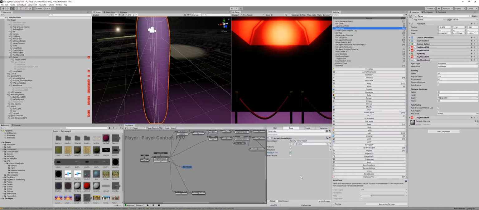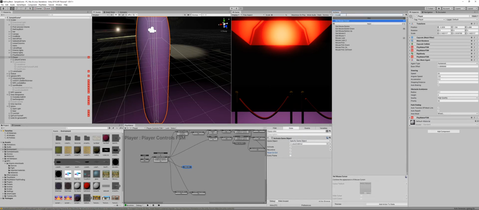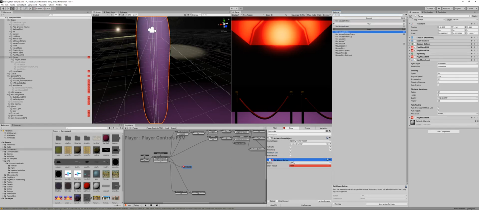So at this point, what you want to do is have click, mouse, get mouse button. So if you left click it, it gives it to the NPC. If you right click, then